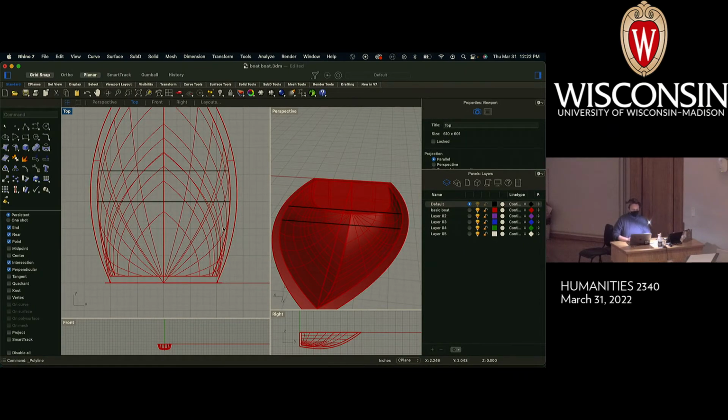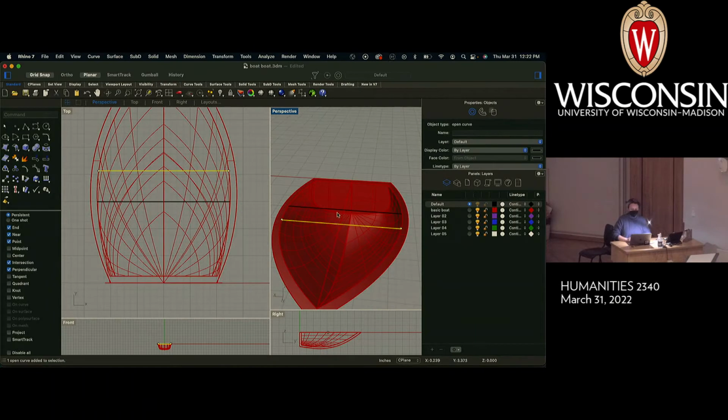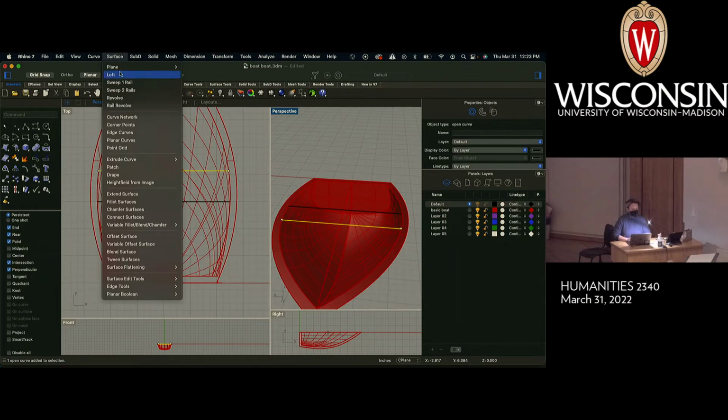Now, the trick here is that if I wanted to create a surface, like a rectangle, that went from here to here, that would be pretty simple. I could use the extrude curve straight method, and then I could extrude that up using the extrude surface method. What makes this a little more challenging is that we have these curved walls. So I think probably what we're going to try is the edge curves method, which is the same method that we used